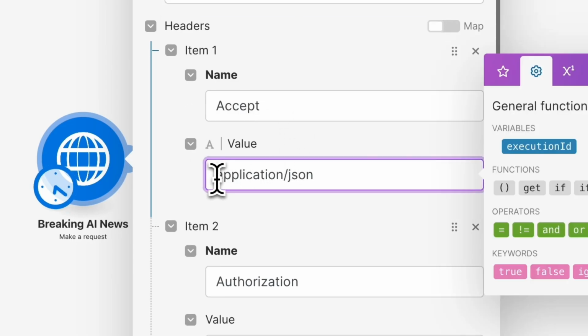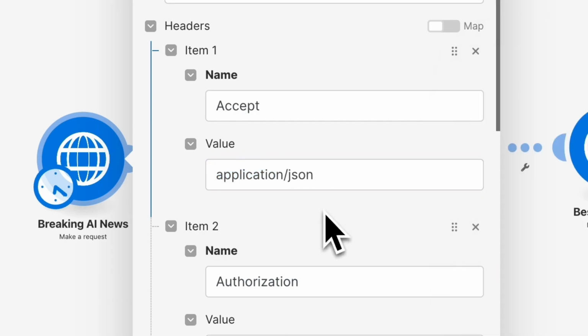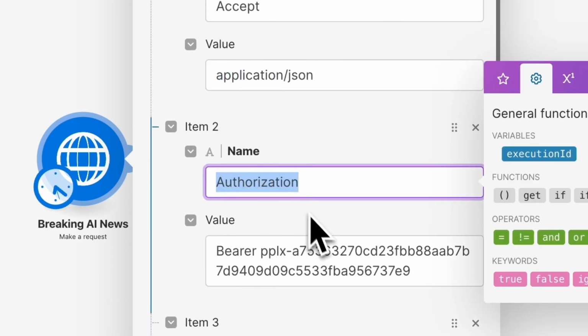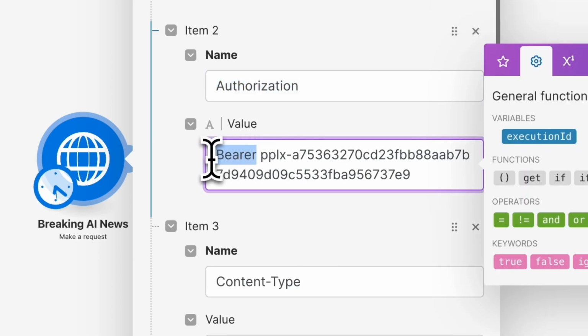Value is application/JSON. And then the next item is going to be name authorization. And then what you're going to do is put bearer, and then you're going to go